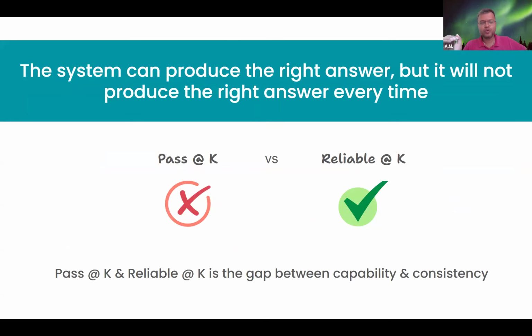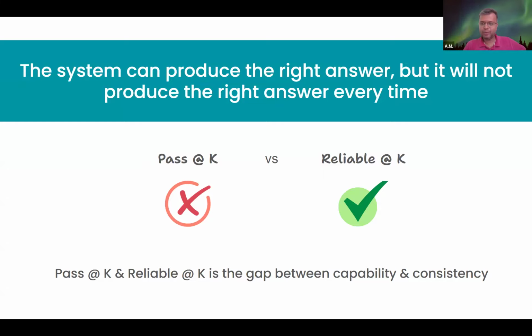Yes, there are ways to define this entire concept mathematically. So we will look at two metrics, right? First, which is something called pass at k. Now, what this basically means is that this is a very lenient metric. What it says is that if you take a number of tries, what is the probability that at least one time your AI system was able to give the right